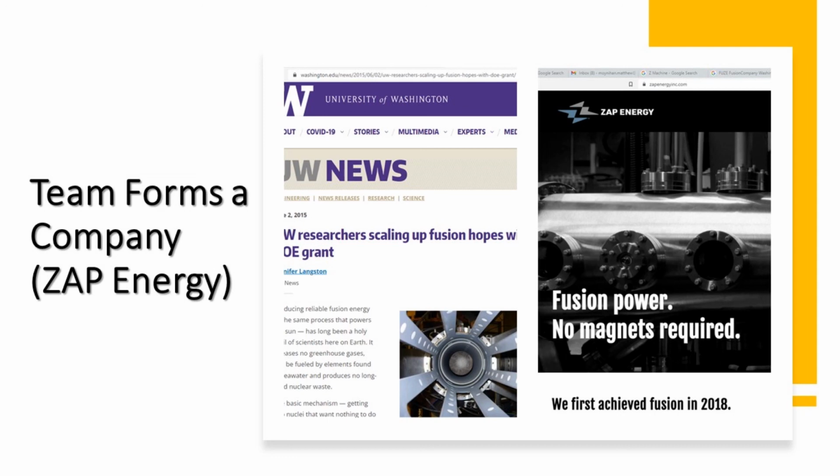And they built prototype machines, and they improved their diagnostics. A lot of these fusion teams, when they start out, that's one of the first things they have to do: you've got the concept, but you don't have the data. You don't have the data because you don't have the diagnostics. So it goes in this iterative fashion where you have the concept, you improve the concept by building better diagnostics, which give you more data,